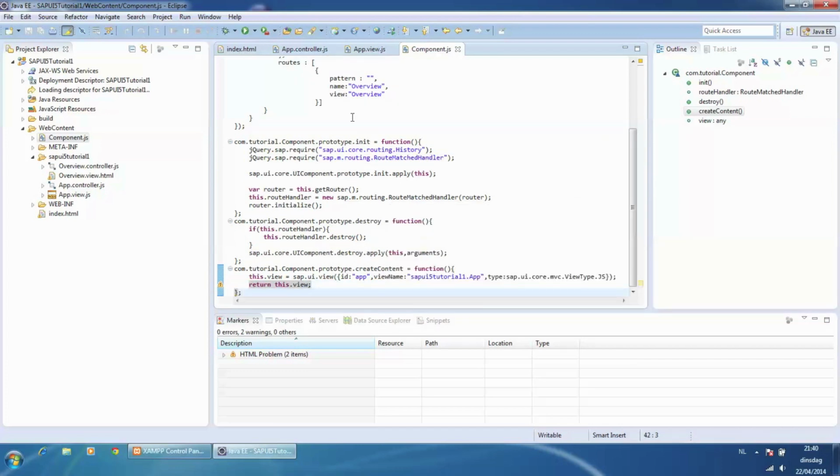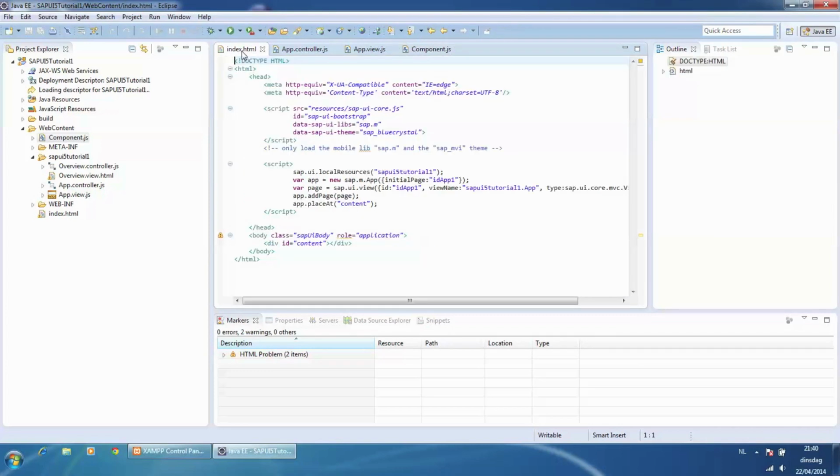Our component.js is ready. Now we initialize our application in the index.html. Change the SDK to the desired UI5 SDK.